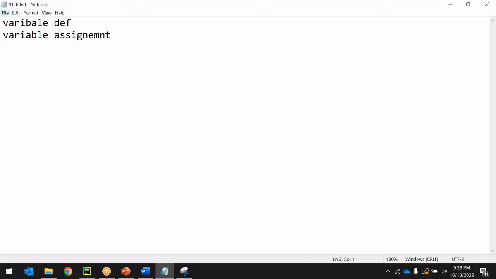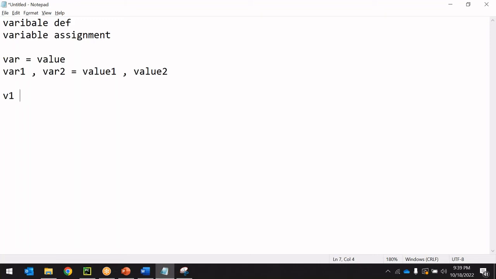In variable assignment, we did variable equals value, and var1, var2 equals value1, value2. If it is a string, it has to be quoted. If it is numbers, you can use it as is. Then the third type of variable assignment we have done is